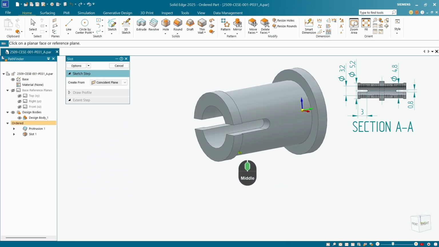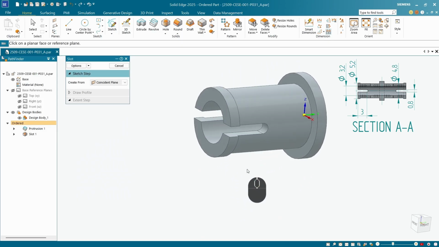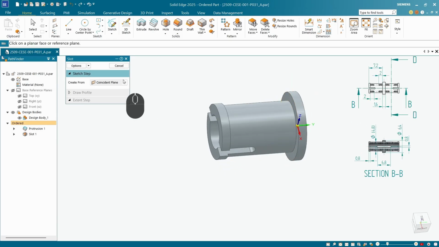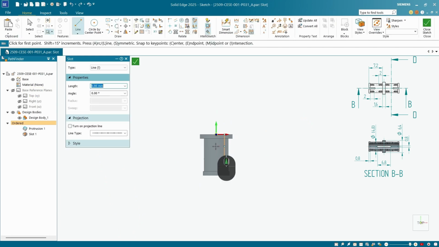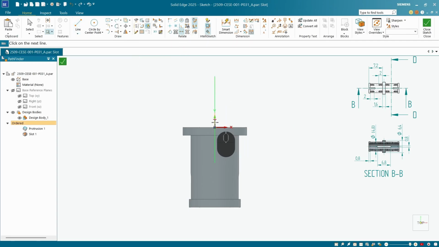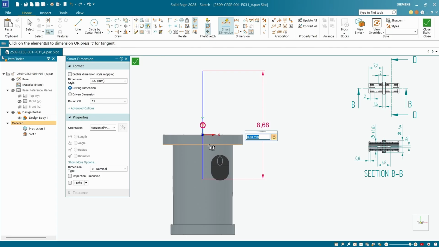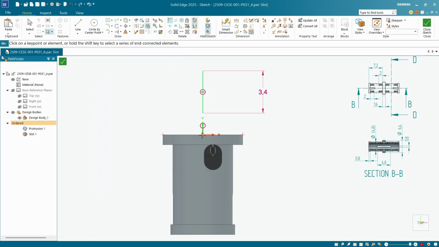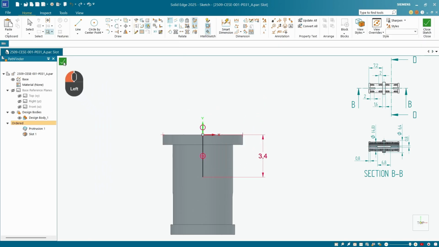Okay, that's better. So now it feels like we're getting places, and we can do the other slot through the top of the part here as well. So yeah, so we've gone back into the slot command, create from coincident plane. This time we can choose the top plane of our part, and we can use the same kind of technique again. So I'm going to draw a line vertically, and I'm going to make that line collinear with our y-axis. If we were to go with 3.4, and if I was to make this point coincident with our origin, and if I click here,